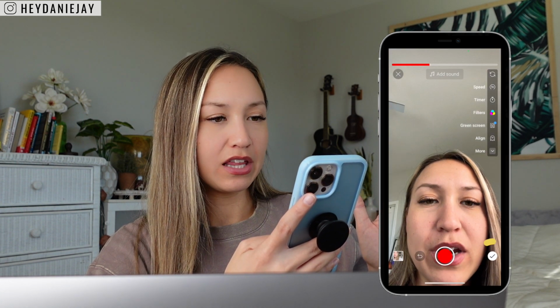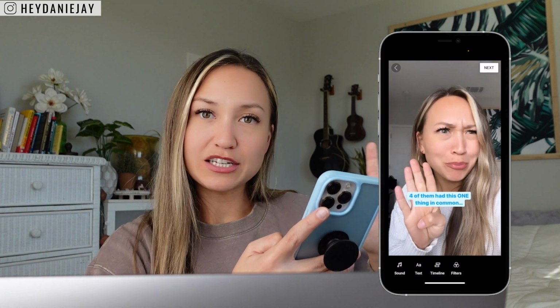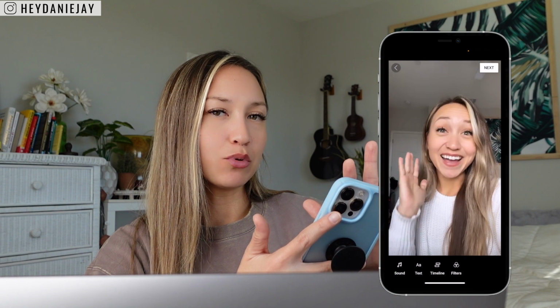Perfect. And then when I click on it, I can add my own text if I want. But because I already have text, I'm not going to do it again. Again, work smarter, not harder. I've actually played around a bit with seeing, does it make a difference if I add text again within the